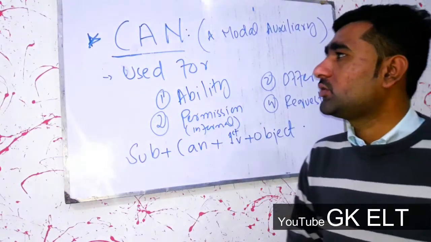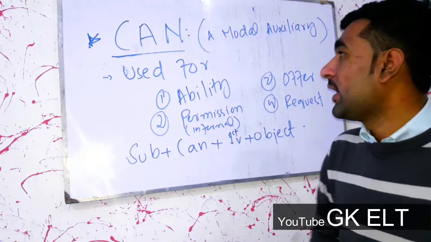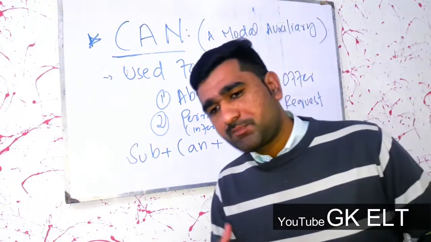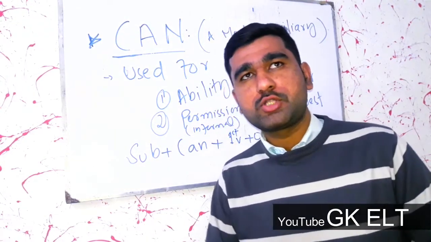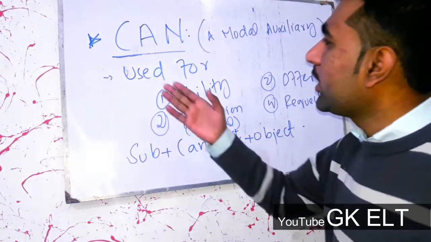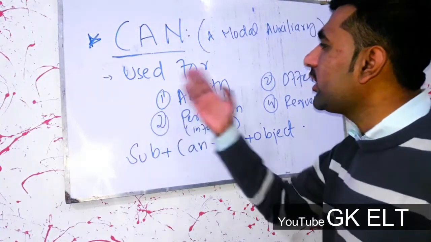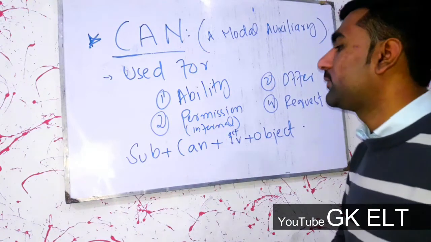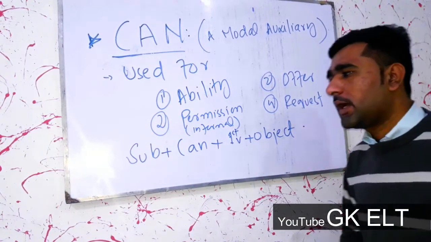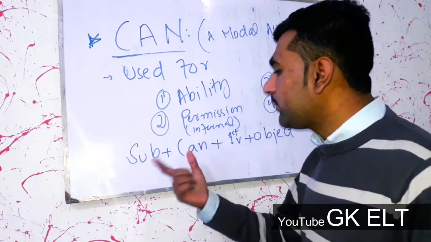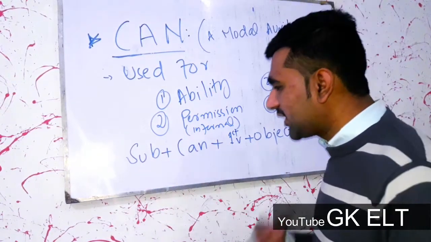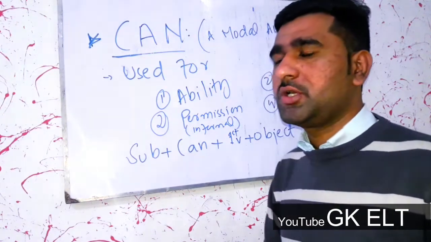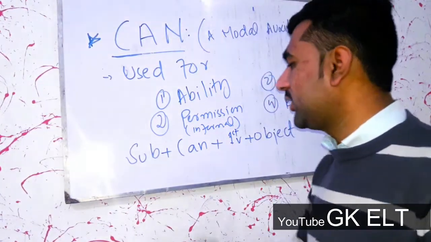And today we're going to learn about can. What is can? Can is actually a modal auxiliary which can be used as a helping verb to help a main verb. So for what purpose do we use can? We use it for ability, for offer, for permission, and for request. Okay, so here we go for the formal, positive, affirmative structure.